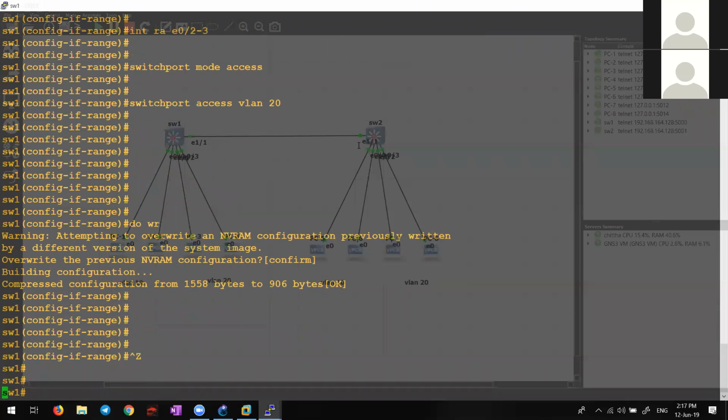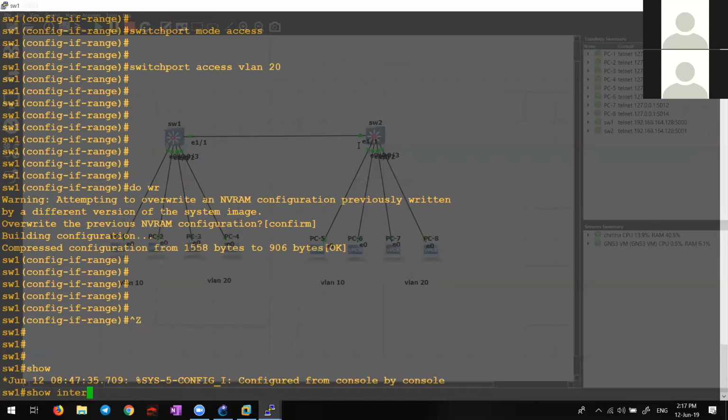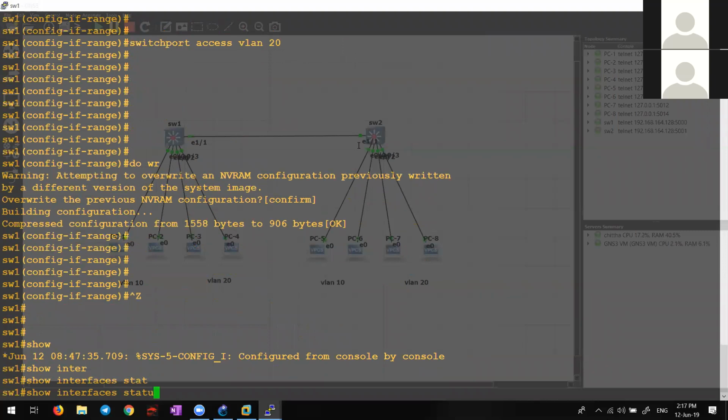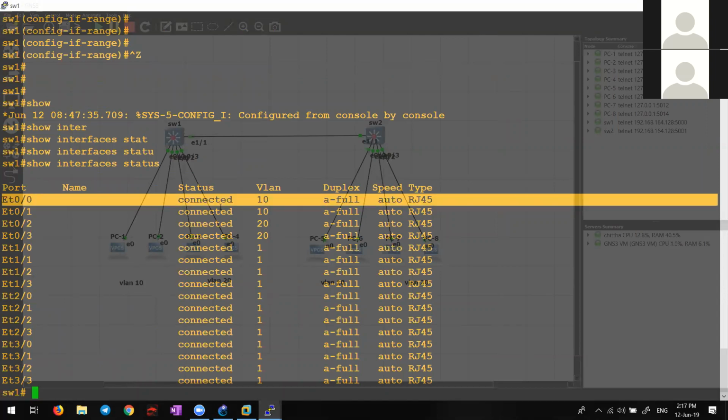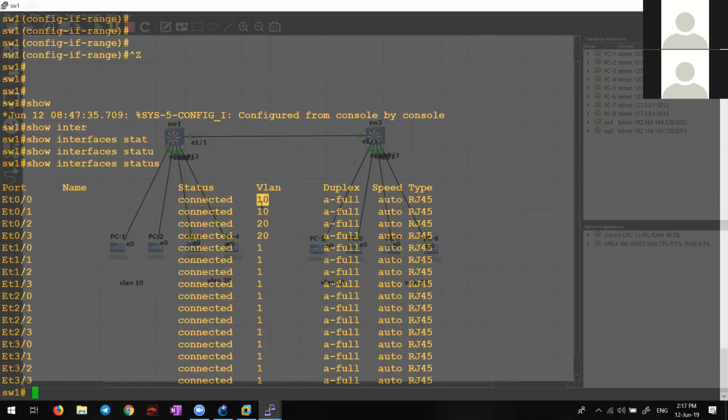So there is a command like this, show interface status. This is actually very helpful. You can see a lot of details in this. E0/0, what is the status? It's up. It is part of which VLAN now? VLAN 10. Instead of VLAN brief, this gives you a better idea. And duplex is full. Speed is auto, all those things. And all the other interfaces are part of which VLAN? 1. Correct? Show interface status.